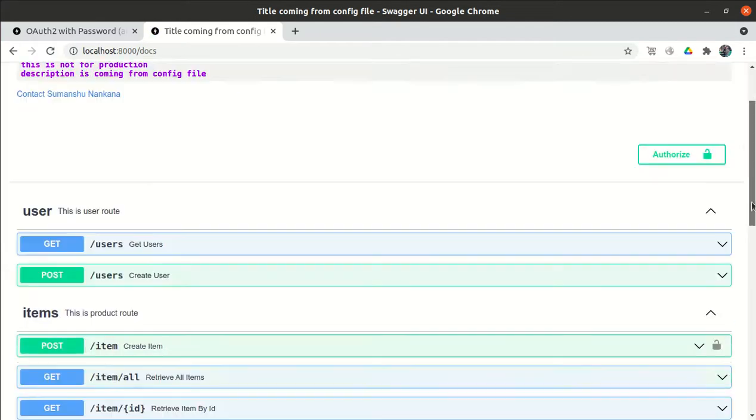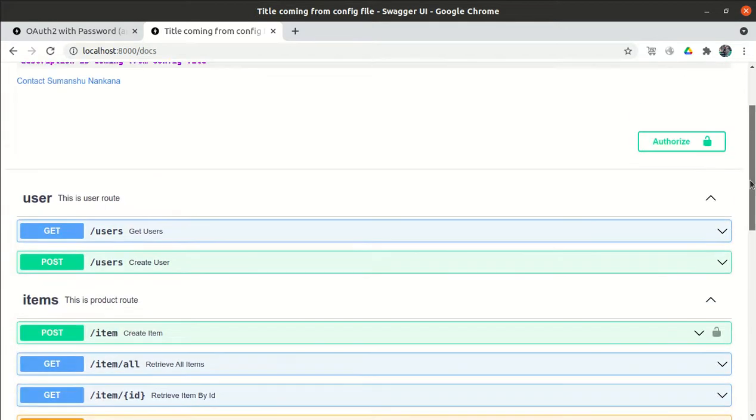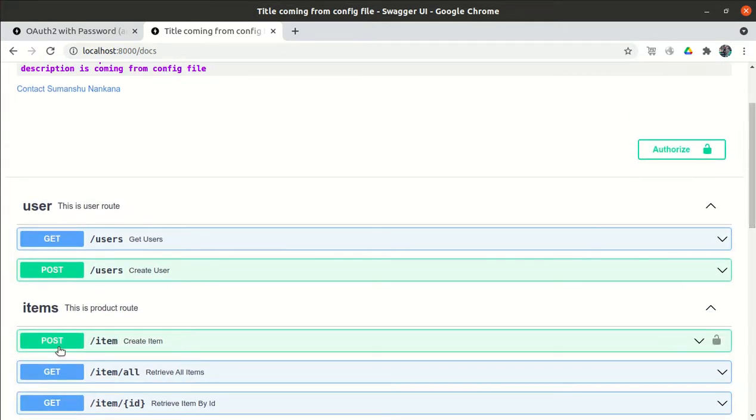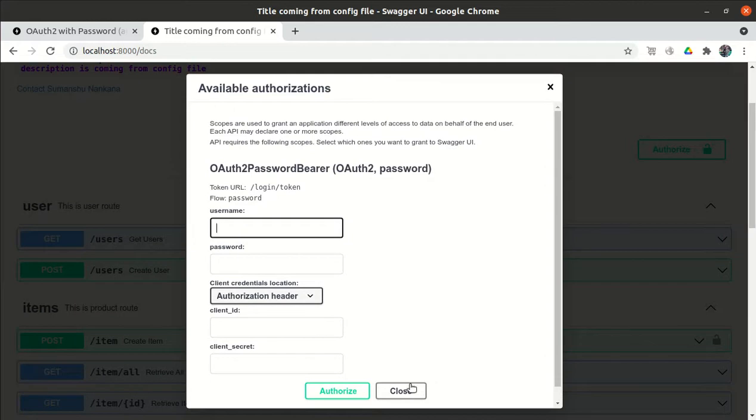So what is the process to hit the post request? Because we can't directly hit the post request, it will fail. So what is the process? First, we have to pass the username and the password.